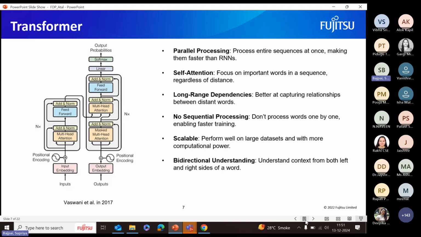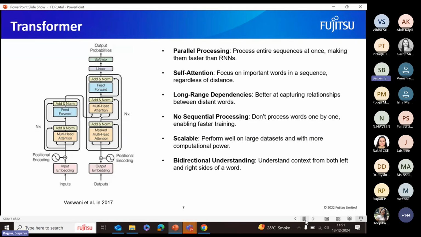So why can they see everything in one go and RNNs cannot? The secret is that the transformer is based on a mechanism known as the self-attention mechanism. Instead of looking only at the word you are currently processing, the model looks at all the words in the sequence to figure out which ones are important.